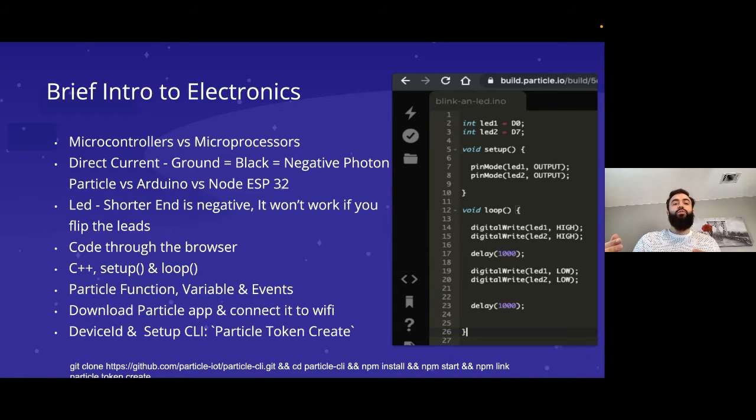So you don't really need to connect it to your computer. As soon as you connect it to the internet, they have an app and it's simple to do. You just go to this website and launch the code from the website. You just click on this flash symbol and it puts the code onto your Particle Photon. And so, for example, if you connect it to